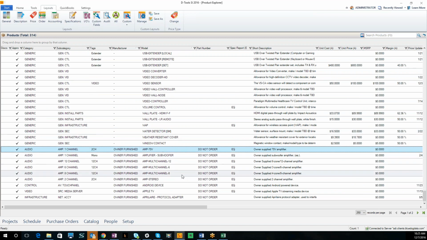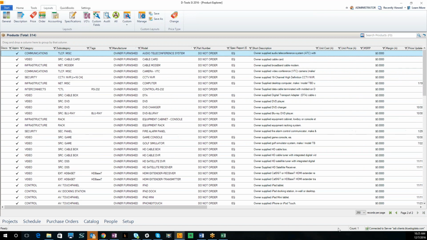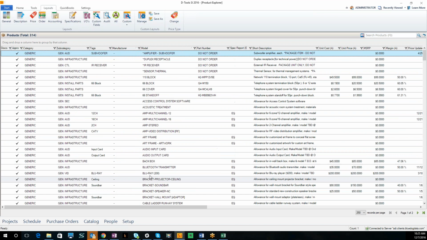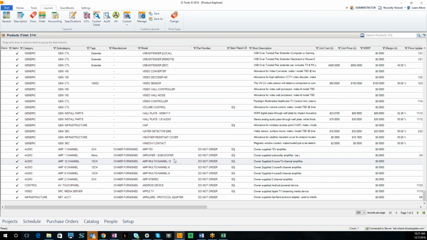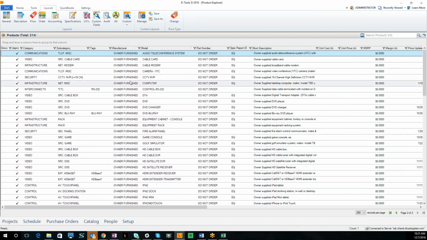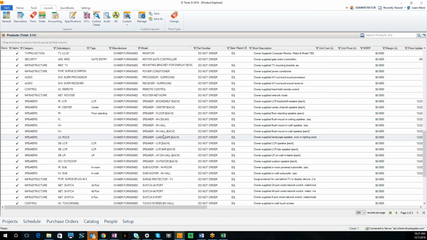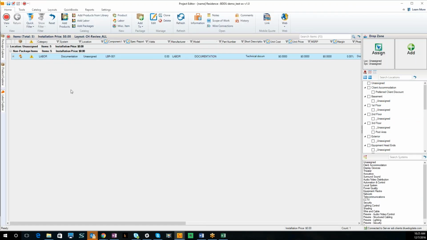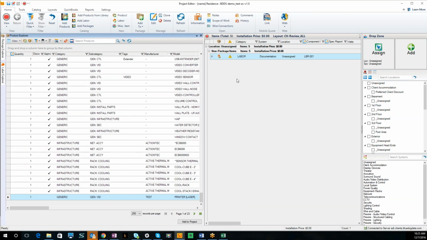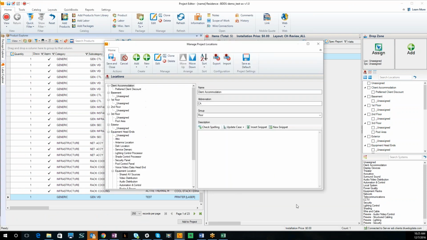And then likewise with owner furnished, we continually build the list of owner furnished equipment in the catalog as well. We just had a proposal that we wrote where we expanded these amplifiers, as I'm looking at it, from a basic stereo amp to various flavors of multi-channel amps and 70-volt amps and things of that nature. So, things that are owner furnished, this catalog's growing as well. So, if we go over and look at that in the context of a proposal, we'll open this up. And what I didn't do is add rooms. Just as a reminder,